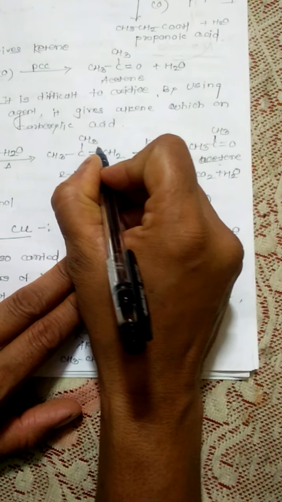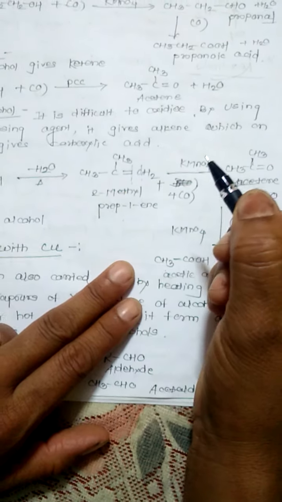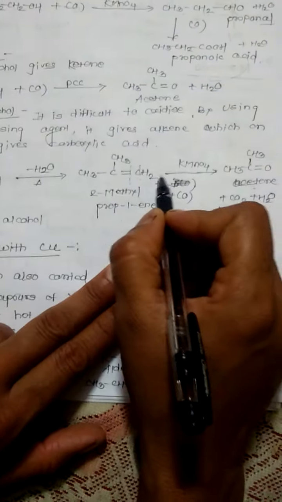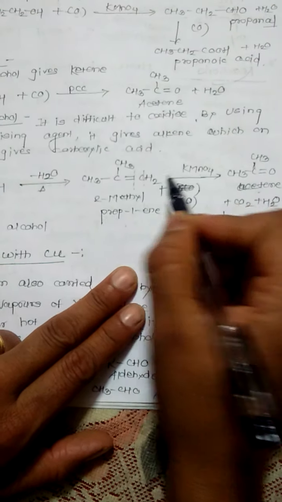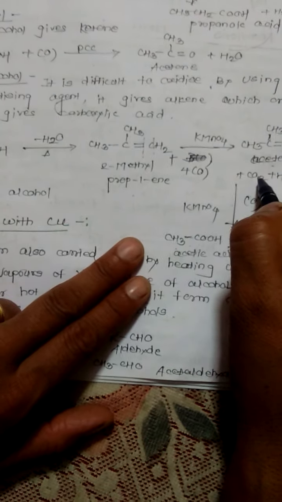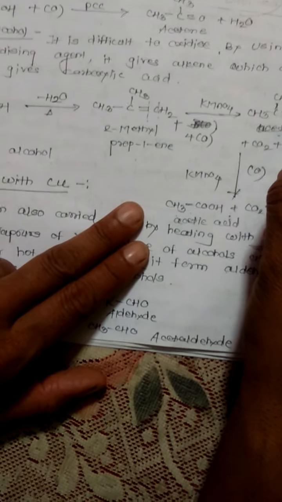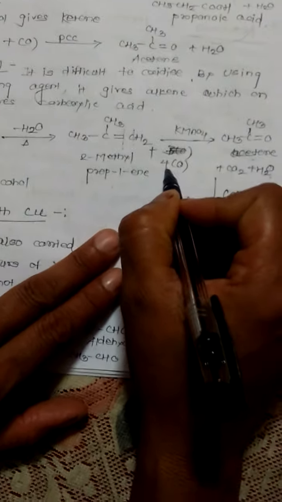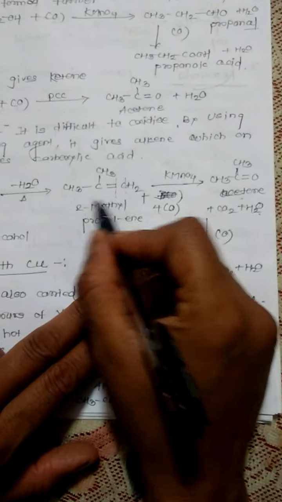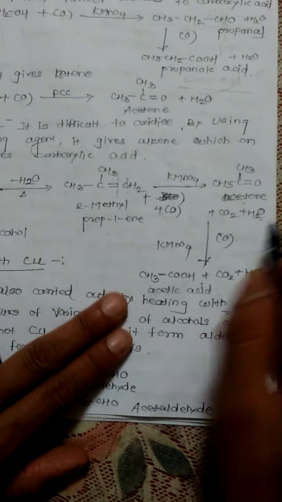This bond breaks here, and this carbon takes oxygen from this to form CO2. What will we do? H2 will take 1 oxygen from this to form H2O. So here 2, here 1, here 1, total 4. So here I write 4 oxygen. Why 4? These 4 are used for this oxidation.